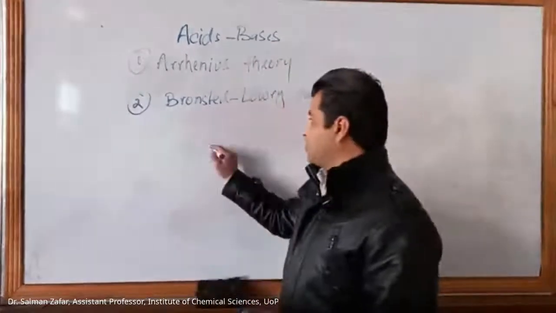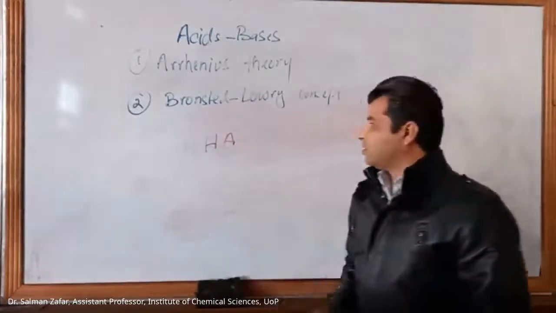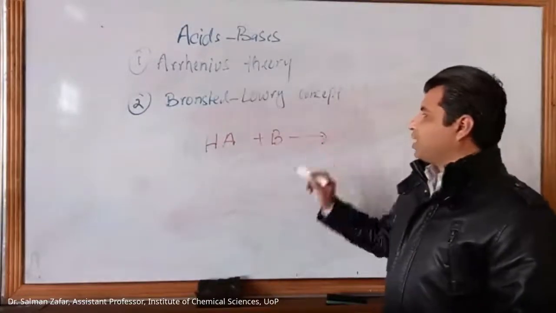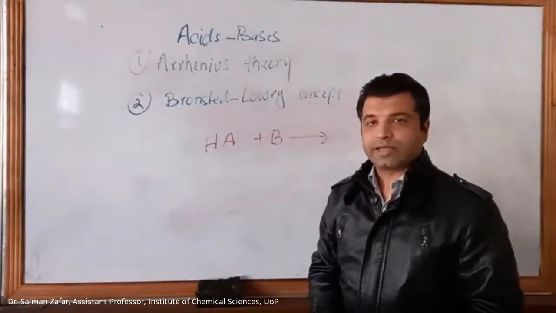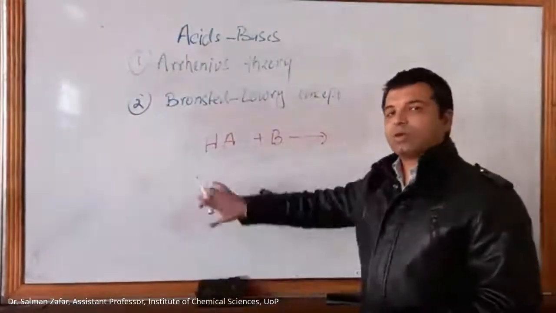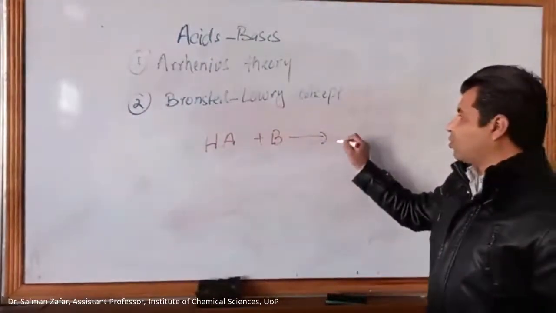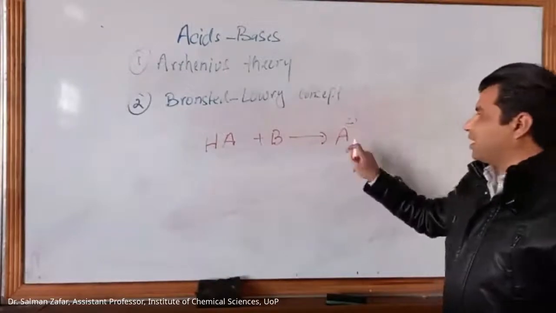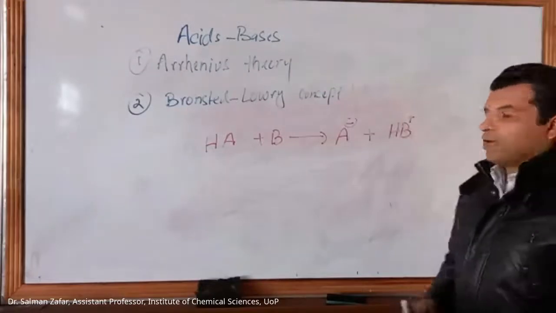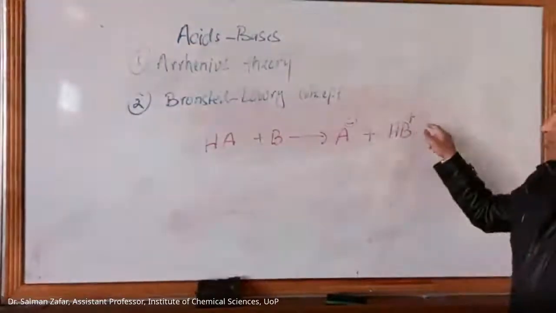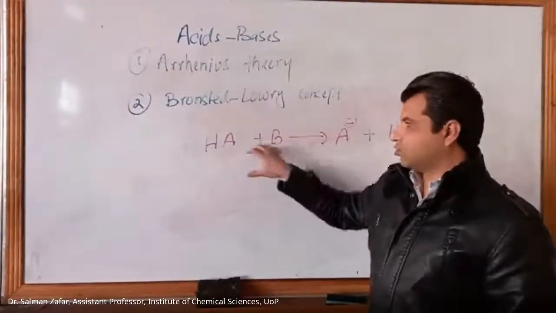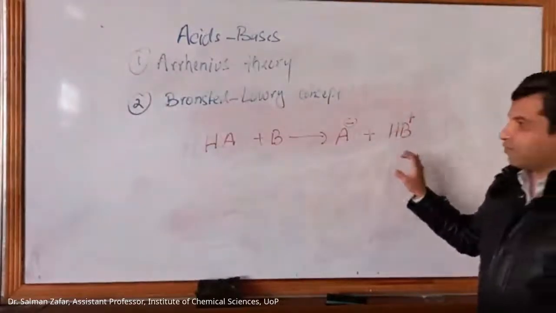Right, so इसको आप simply इस तरह से लिख सकते हैं. For example, we have this molecule HA, and we have another molecule that is B. We don't know which one of these is an acid and base, but when they react together, what we get as a result is an anion A minus plus HB with a positive charge, a cation. You see the charges on left and right hand side, they should be equal. So this is neutral, both are neutral. Here we have the formation of ions.